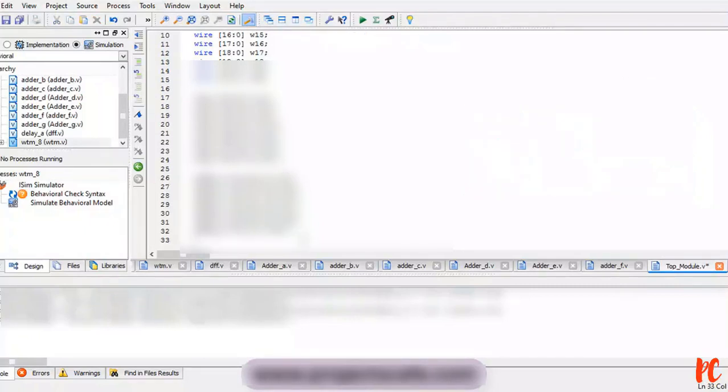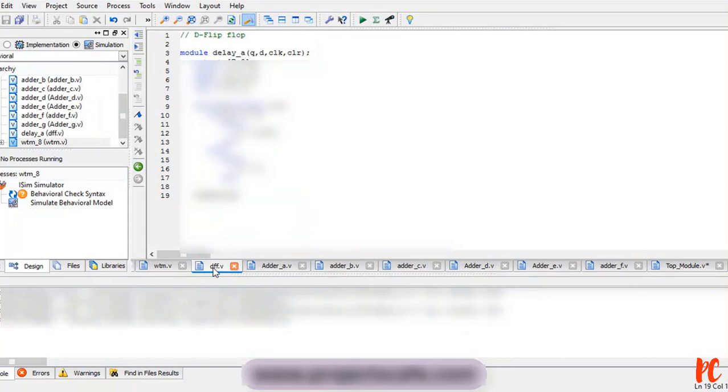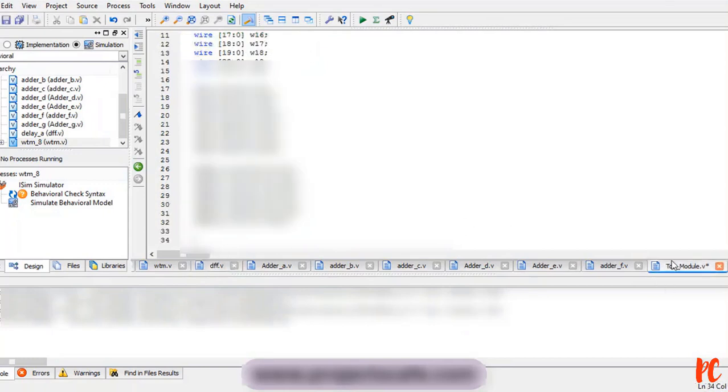Now let's call the delay elements. And what is the module name I have given for delay element? Delay underscore A, right? Delay underscore A, first delay element D1 of W8 comma B comma clock comma clear.